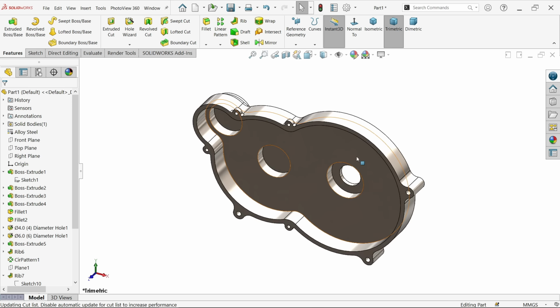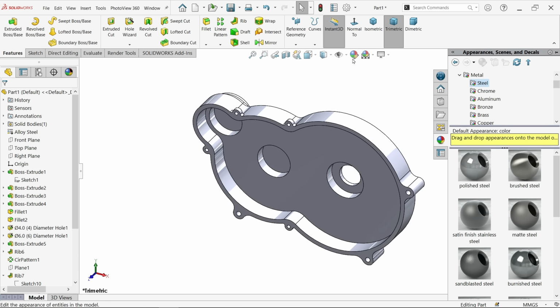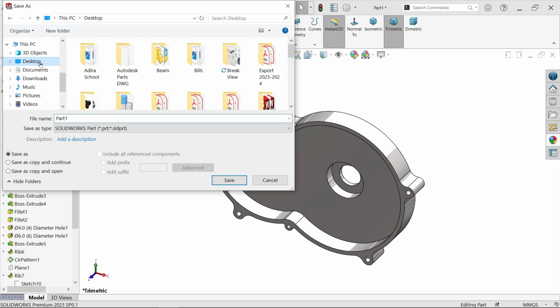But if you want to change this appearance, double click. Okay. Now let me save this one. Now I am going to save on desktop, create folder,